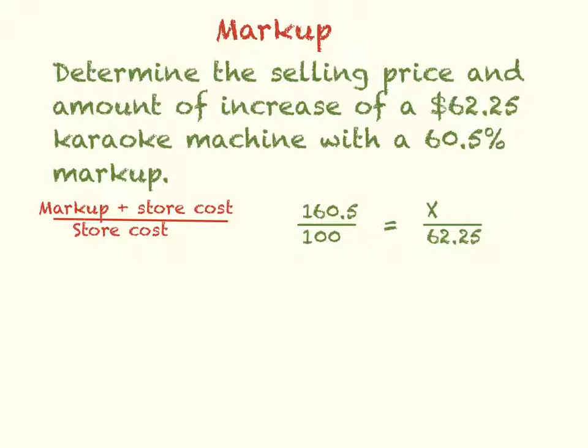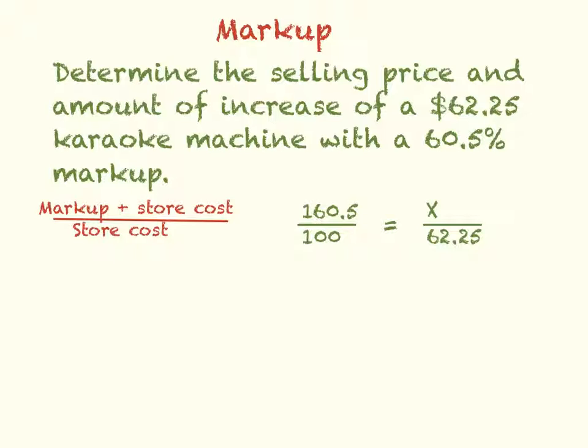And then the store cost was $62.25 for the karaoke machine. So they paid this much, and we want to know how much they're going to sell that to us for. So, we have a proportion. Again, we're going to use cross products because I don't see an easy scale factor here to use. So we're going to multiply 160.5 times 62.25,